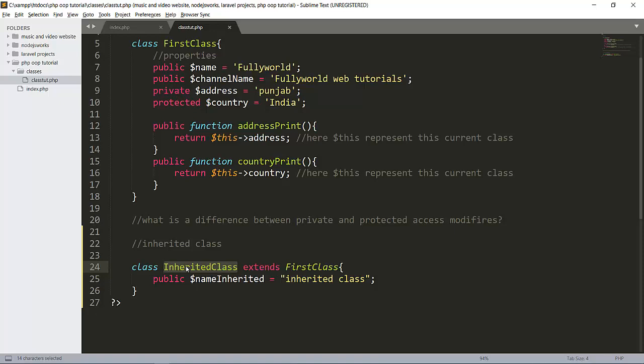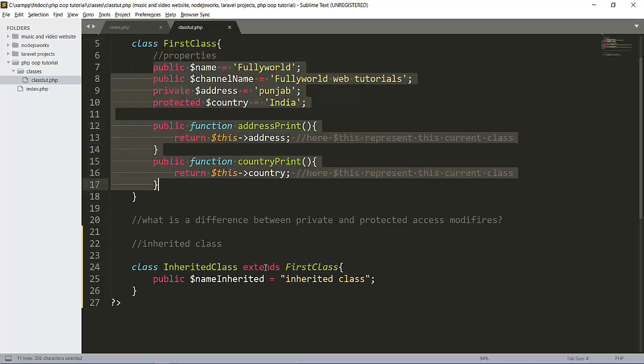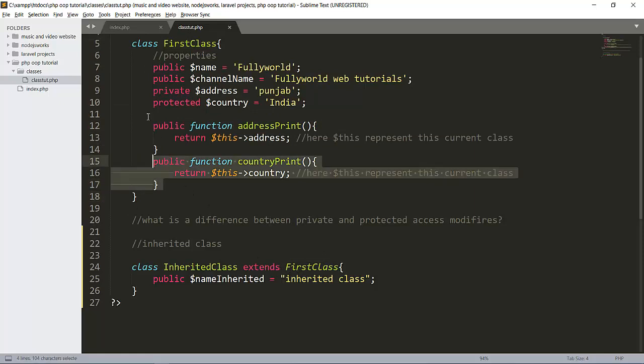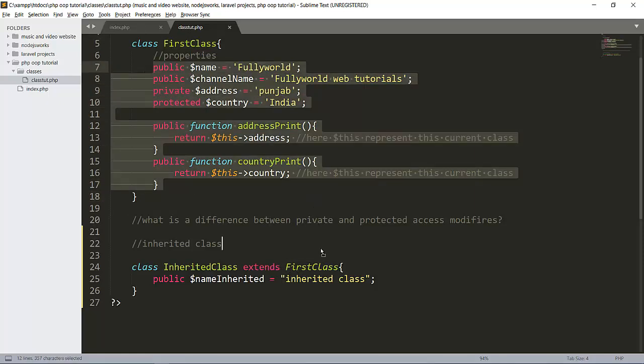If you make the object of the first class and do not make the object of the inherited class, then there is no meaning of the inherited class. So after writing extends and the first class name, all these properties will be copied to this class here.